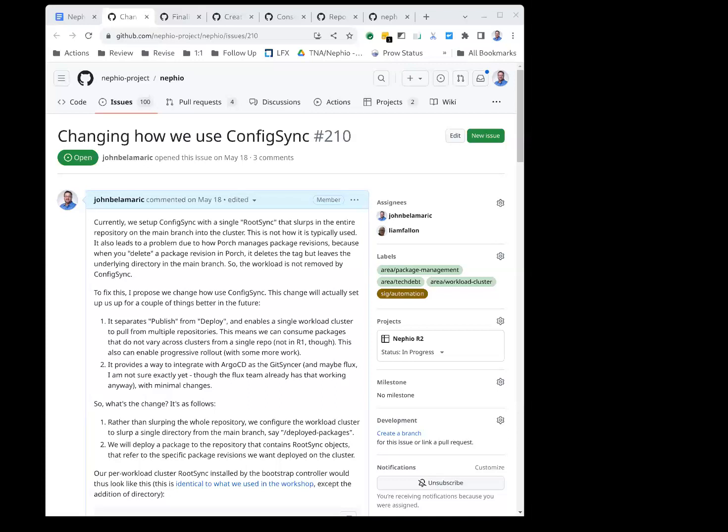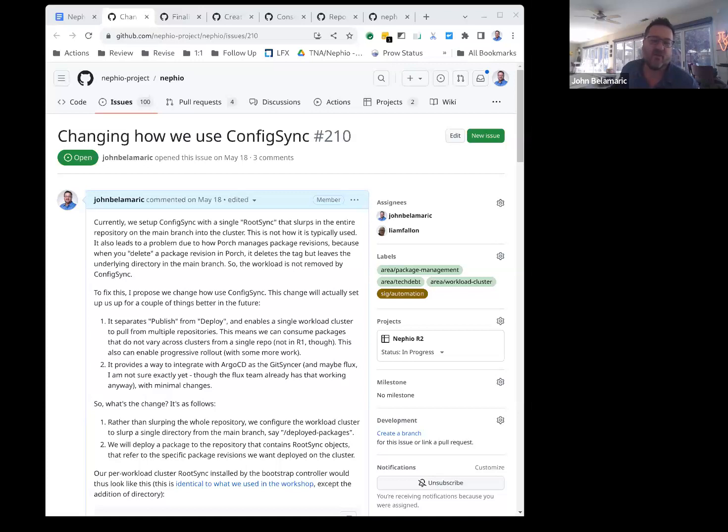Maybe if nobody has any huge objections, John, if you go with something, we can always change it in a few weeks if it's not working. Yeah, I think especially if we go with one repo with directories, let's just do that for now, and we can move things around later if we need to. Okay, thank you. Let's move on.